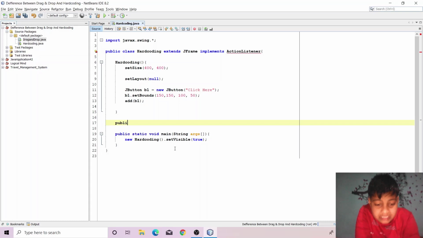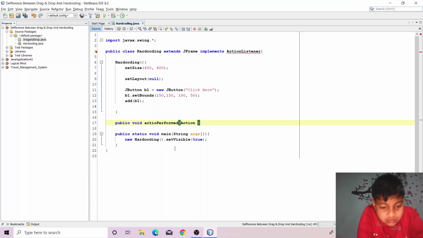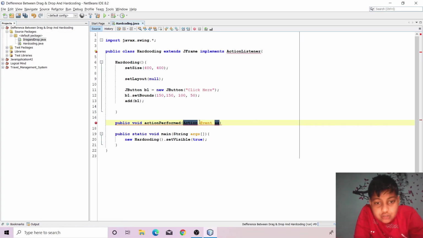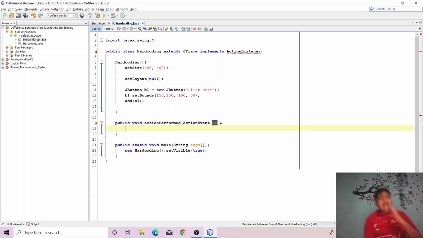Just type public void actionPerformed, and inside this you have to type ActionEvent e.